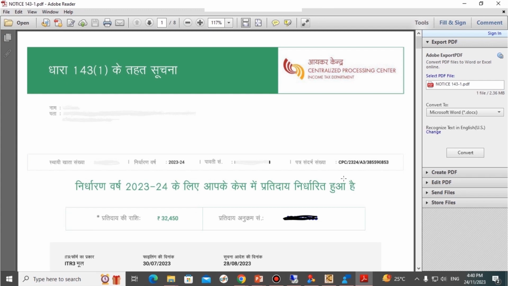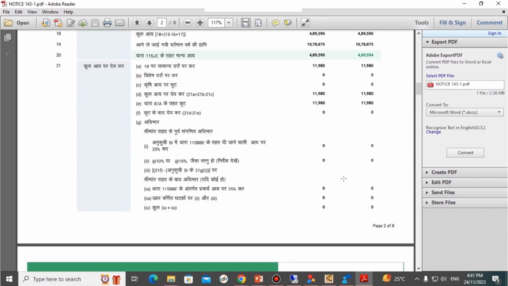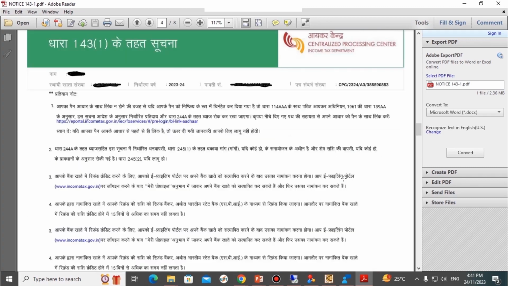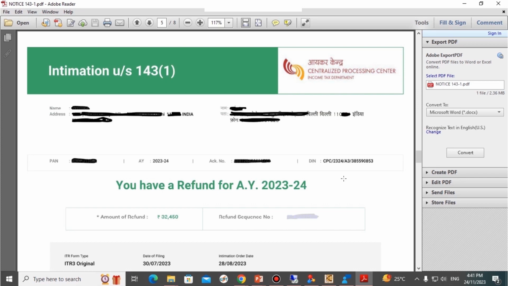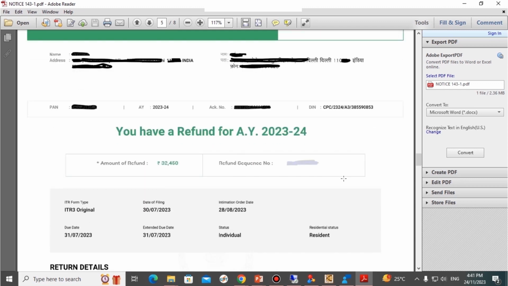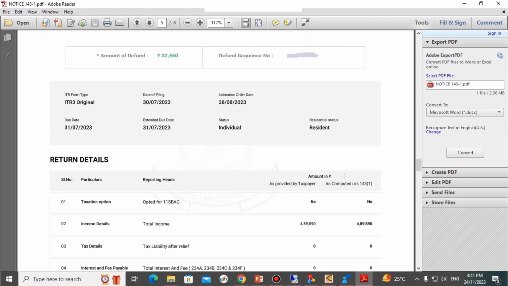This notice will be present in Hindi as well as in English, and it will contain all the details related to your salary and your income. Here the name, address details, PAN number, assessment year, acknowledgement number, DIN number will be reflected, and if the assessee has a refund, the amount of refund is also reflected here, and the ITR form type, date of filing, intimation order date are also reflected in this notice, and the computation or the return details will also be